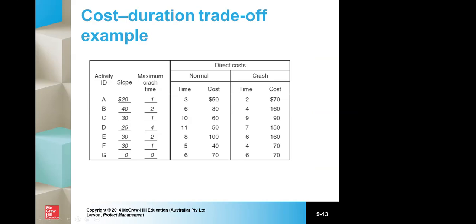So there we are. And I think that's a really nice illustration in real time of how the whole crash point and crashing project works. If you look in the text, there's a good example here. It's a worked example. It has the data set, as you can see here. You have the activities, the slope, that is, the costs, the maximum crash time, the normal time, the crash time, and you want to reduce it from